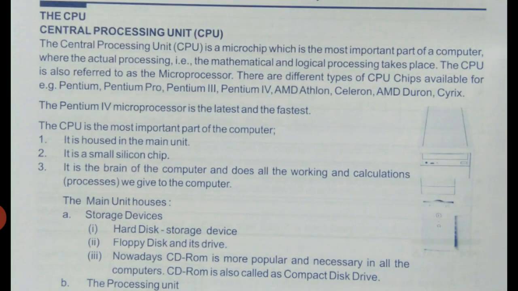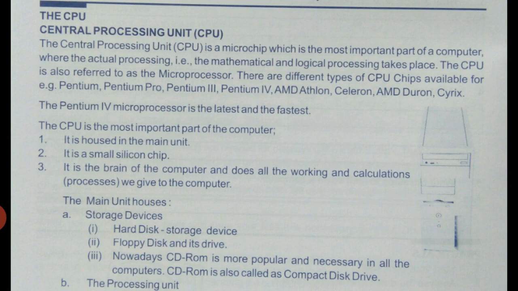Next one is the CPU. CPU stands for Central Processing Unit. The Central Processing Unit, that is CPU, is a microchip which is the most important part of the computer, where the actual processing, that is the mathematical and logical processing, takes place. The CPU is also referred to as the microprocessor. There are different types of CPU chips available, for example Pentium, Pentium Pro, Pentium 3rd, Pentium 4th, AMD Athlon, Celeron,